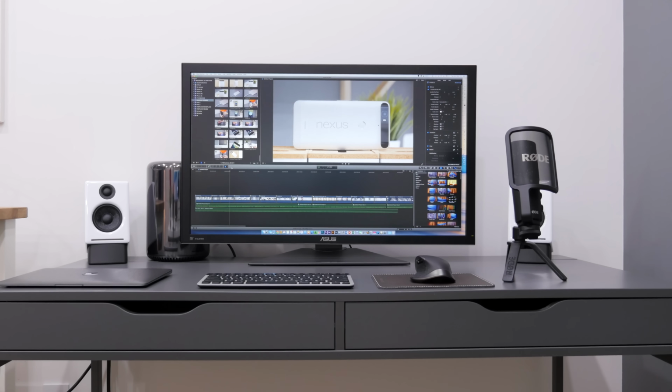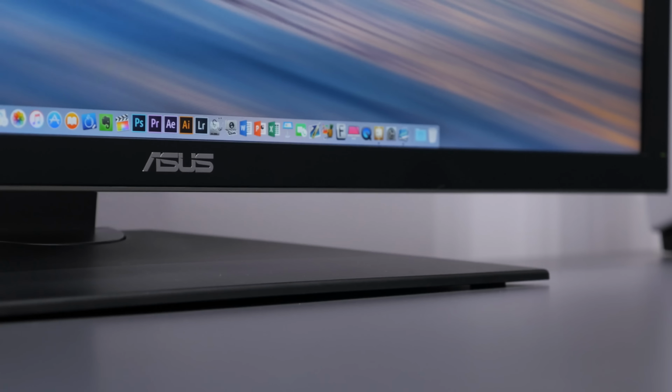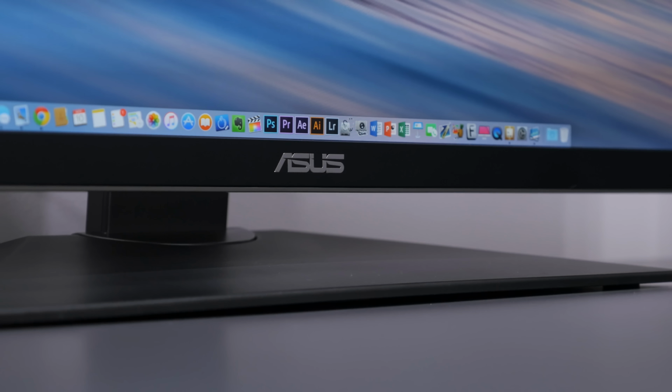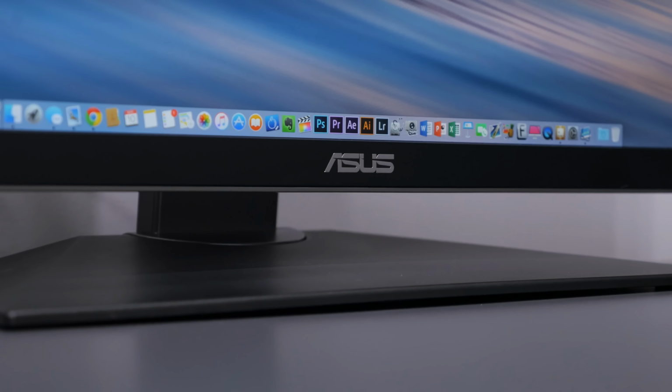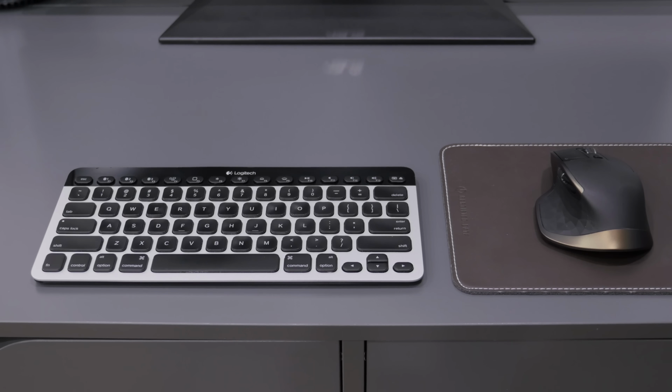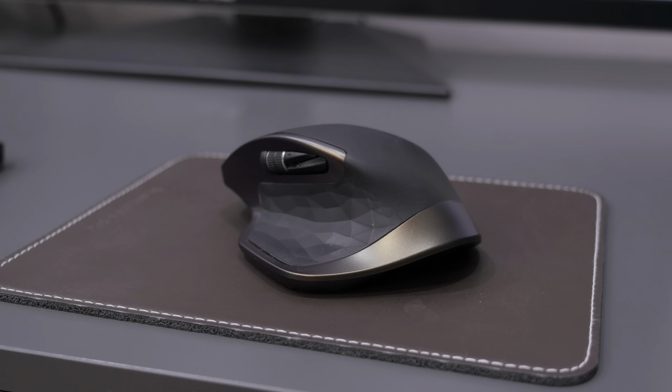I tried to keep this editing bay as simple as possible, and in the middle you've got an Asus 32-inch PQ321Q display, which is a 4K display, and it has come down in price significantly over the past few years, but it is still an incredible display for video editing. As for the peripherals, I just transfer them from the upstairs setup to downstairs, and that is the Logitech K810 Easy Switch keyboard, which has 3 Bluetooth profiles, as well as the Logitech MX Master mouse, which I'm a huge